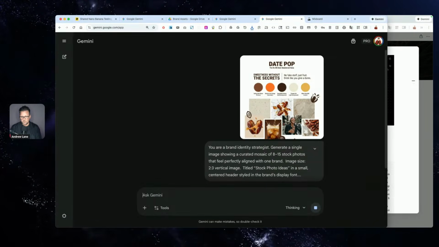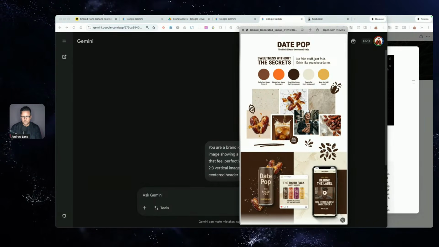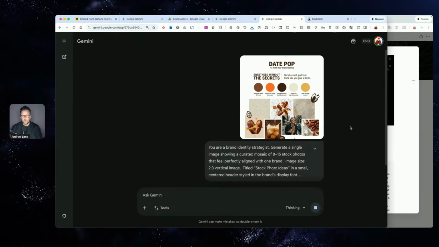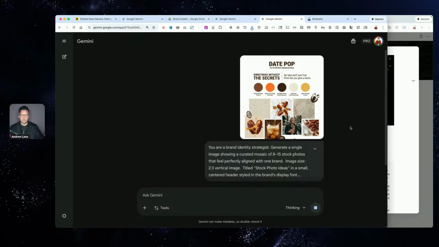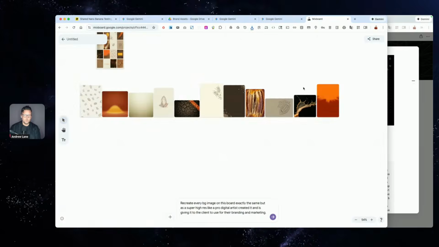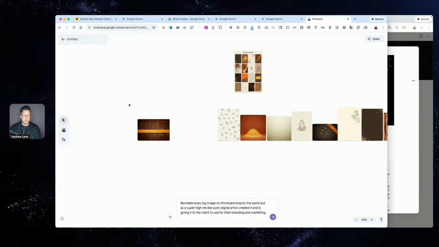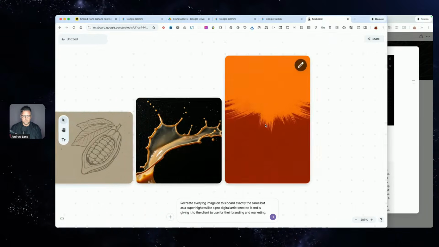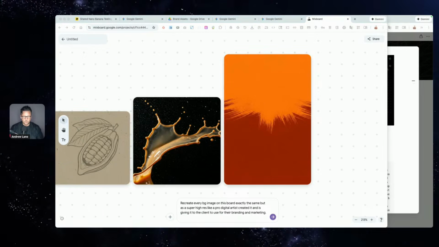And we have a bunch in this mood board. It did a great job of giving us what kind of stock imagery we need. And then you can create a board of those and pull those out individually, or use something like Mixboard to try to do it all in one go. It can do a pretty good job of creating a bunch of images. And then you just go in and download them. But regarding